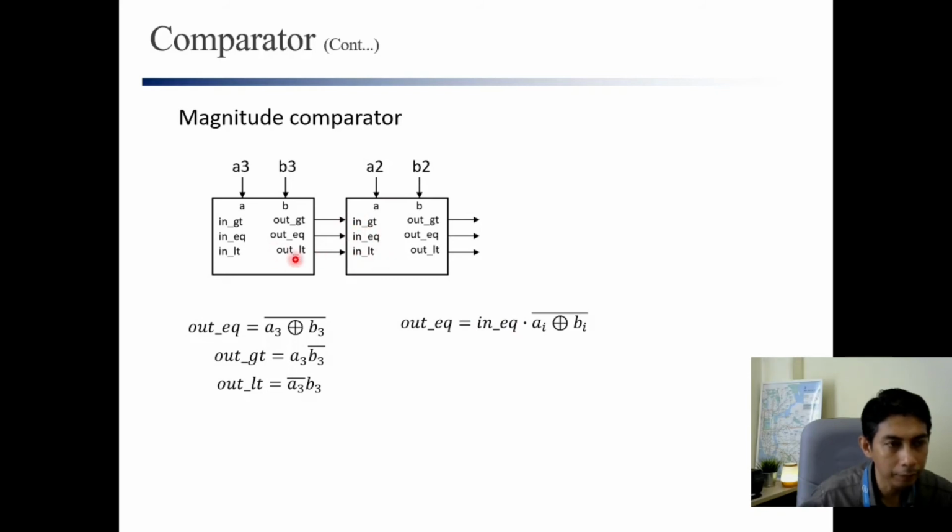All right. So if, for example, A3 and B3 are equal, it means that this signal should be equal to 1, right? Out GT is equal to 1, meaning that this one is equal, right? So to get the out GT, and for example A2 and B2 are equal, so this must be equal to 1, and this one, of course, equal to 1, because the previous one is equal to 1. Then we have here equal to 1, to check whether both are equal or not.